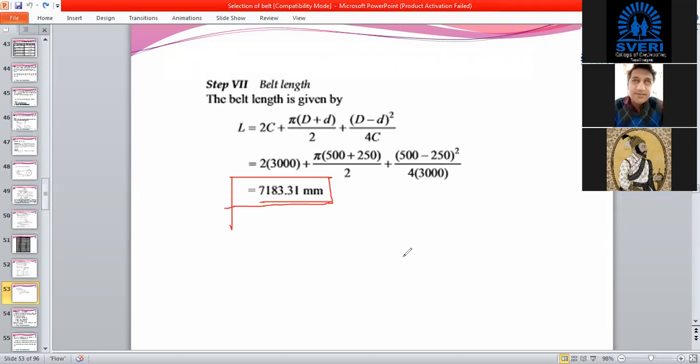Any doubt regarding this example problem? Let me know if you are having a question at any stage. You can write in the comment box also if you have any question. If not, you can write, no problem, so that we can move further. No question?